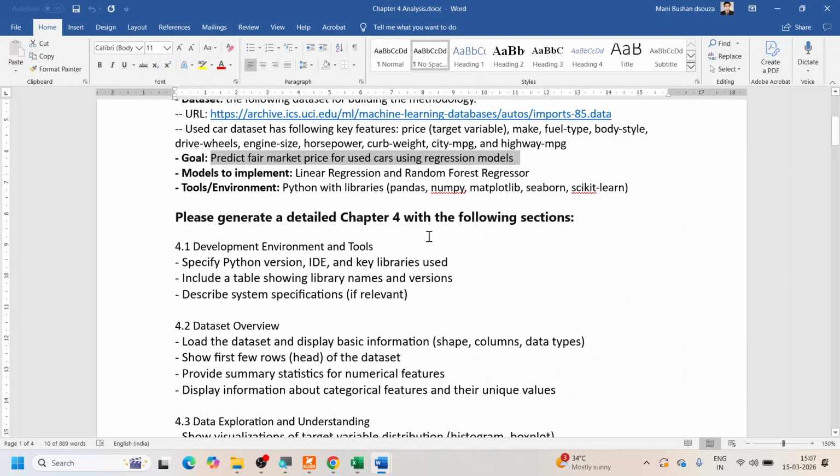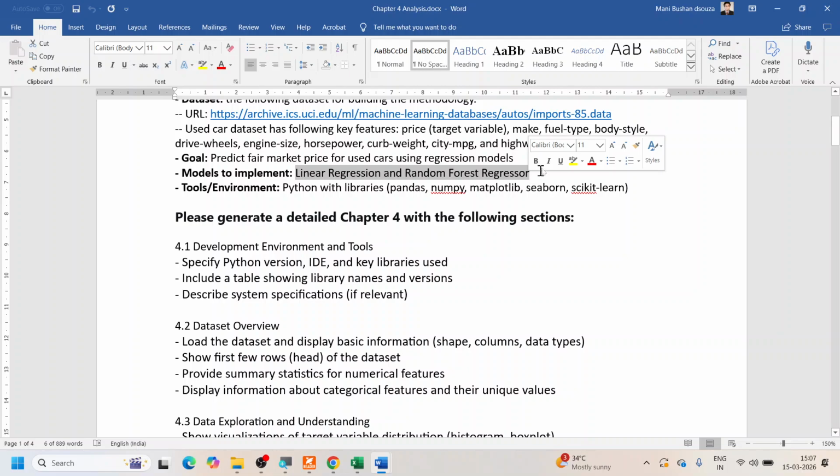The other thing I've said is that I'm going to use linear regression and random forest regressor. You can use any other models, but I suggest that you use only the base models, not very complicated models, because you may not have enough information about the different models available. The knowledge that you have as of now is just introductory, so I don't think anybody is going to appreciate your work if you try to use a very complicated